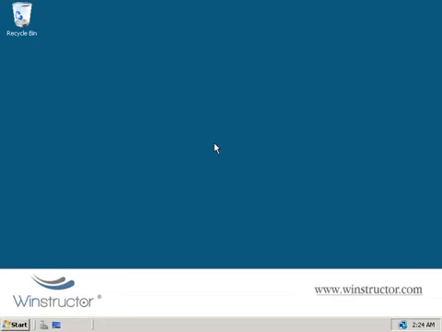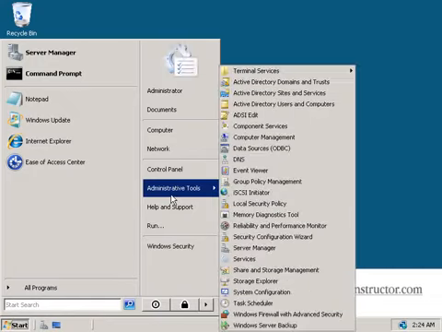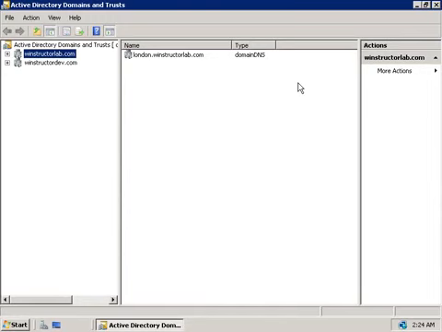So let's look at how we can configure trusts, and we'll do that using the Active Directory Domains and Trusts console. So we'll click on Start and we'll choose Administrative Tools, and then we'll launch Active Directory Domains and Trusts. Now notice in here we already have two different domain trees. We have winstructorlab.com and winstructordev.com. Now if I expand winstructorlab.com, I also have a child domain here, which is our London child domain in the winstructorlab.com domain tree. Now, you might be surprised to learn that in order to create these trusts, I didn't have to do anything at all. They were automatically created when I installed each domain using the DC Promo Wizard.